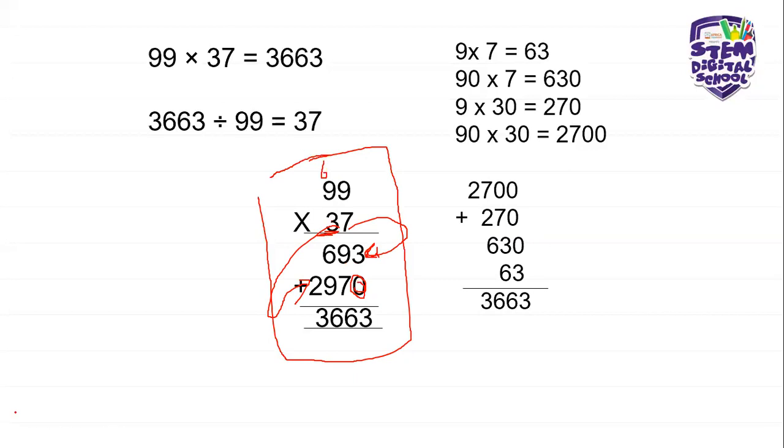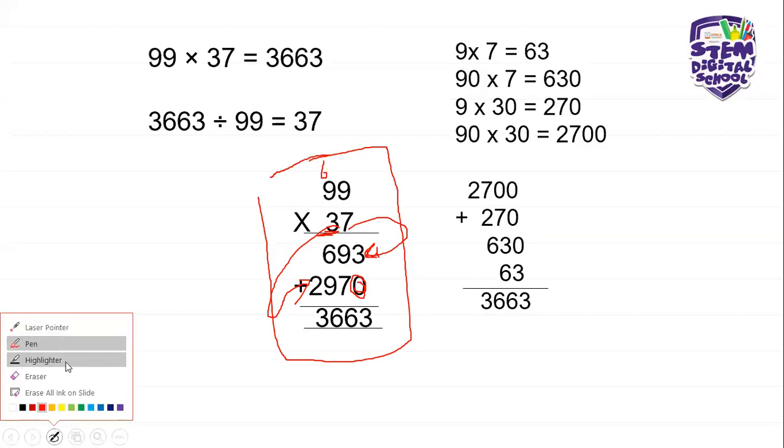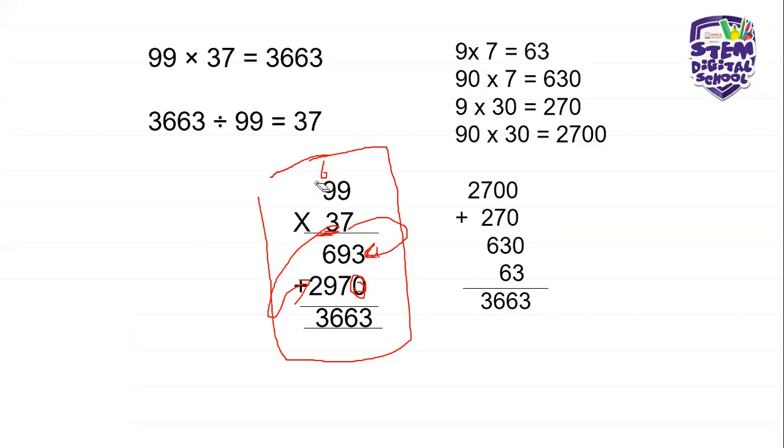And now we say 3. Oh, sorry, I must remove the remainders from the last part as it becomes a bit confusing. So I say 3 times 9 is 27. So I put the 7. I carry my dear friend 2. Then I say 3 times 9 plus 2. 3 times 9 is 27 plus 2 is 29.